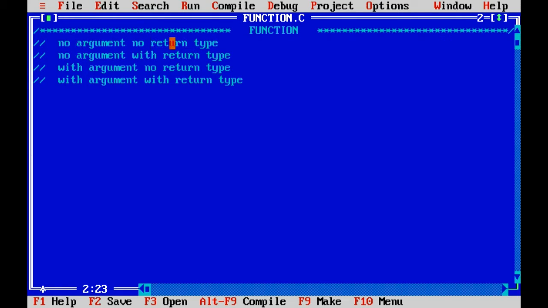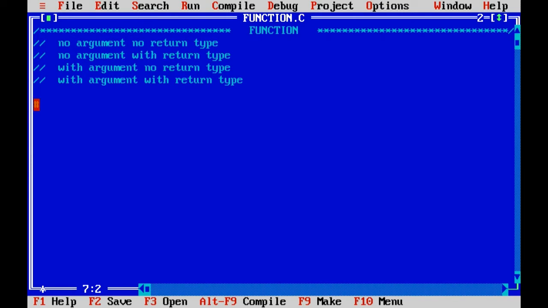The return type is used when, after all the processing in the function, we want to return something; we add a return type and a return value. If we are not returning any value, that is another type. So based on the combination of those we have four types. We will now write code to add two numbers using all four types of functions.